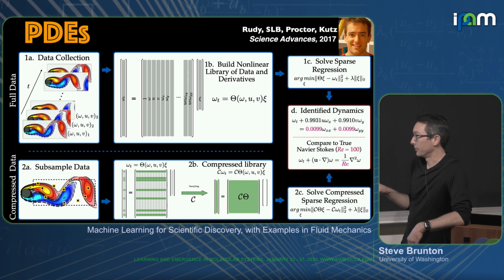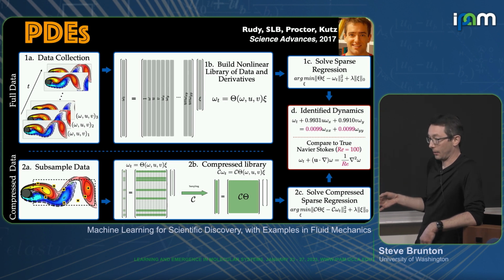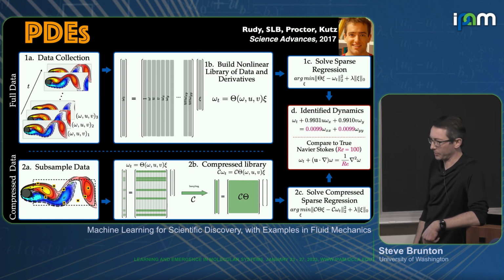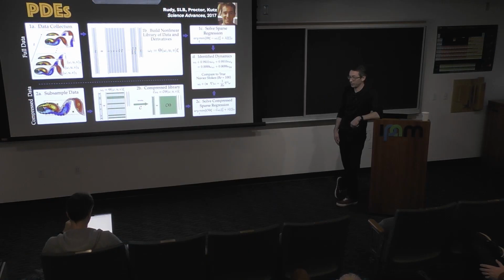And in fact, we found some really good papers by Joel Tropp in the 2009 timeframe where he provides conditions for exact recovery of the sparse regression problem on the data size and the library condition number. There's a generalized condition number for sparse regression problems. And so there are ways to quantify pretty well when this will and will not work. We found that those are fairly conservative bounds, and we have a lot of heuristics for when this works well.